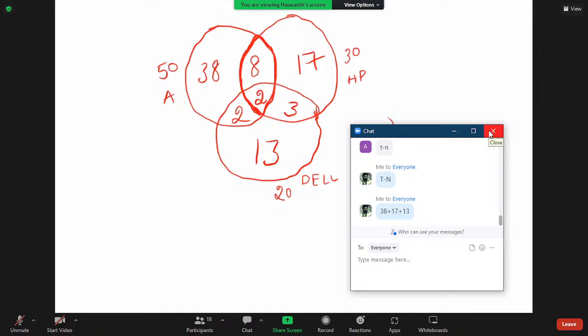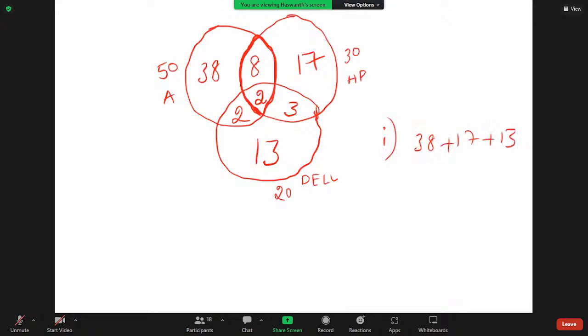Yes, 38 plus 17 plus 13, 68. Only one of the 3 brands means they must be using only one. Look at this, only one region. Only Apple 38. Only HP 17. Only Dell 13. 38 plus 17 plus 13. Then neither of these 3 brands